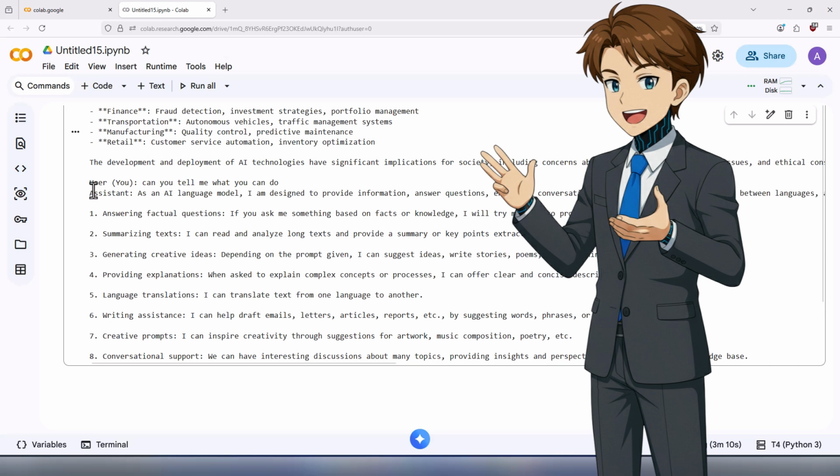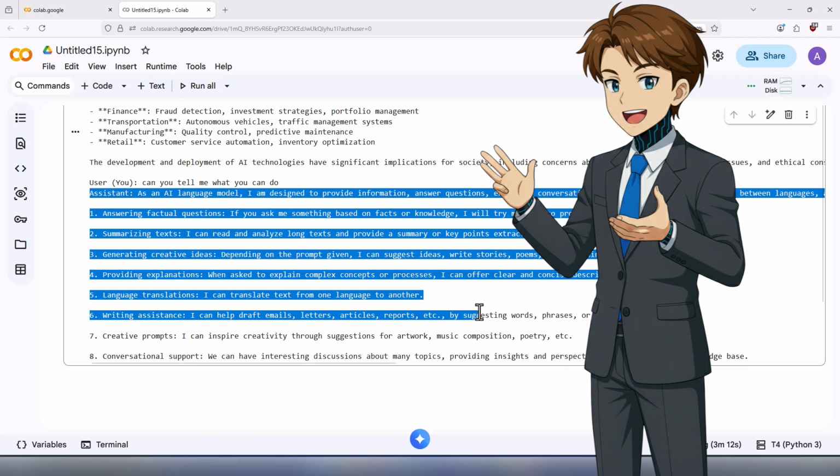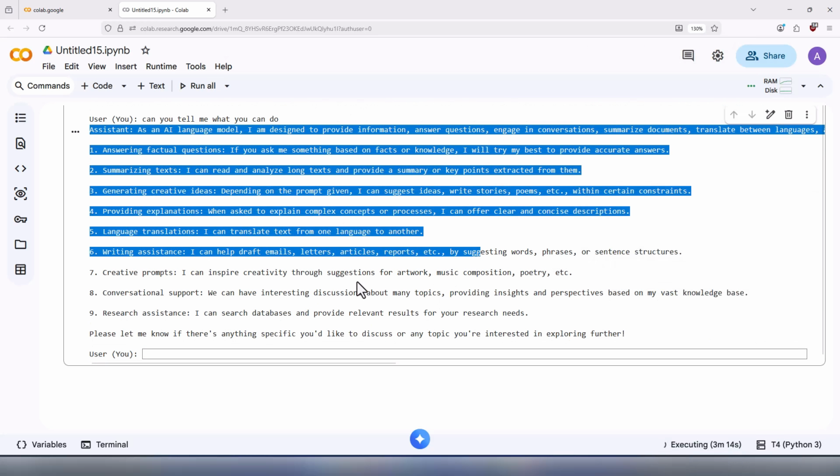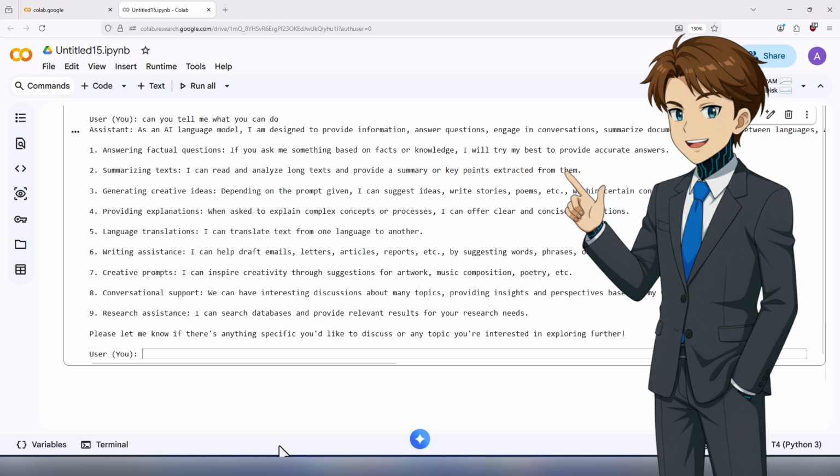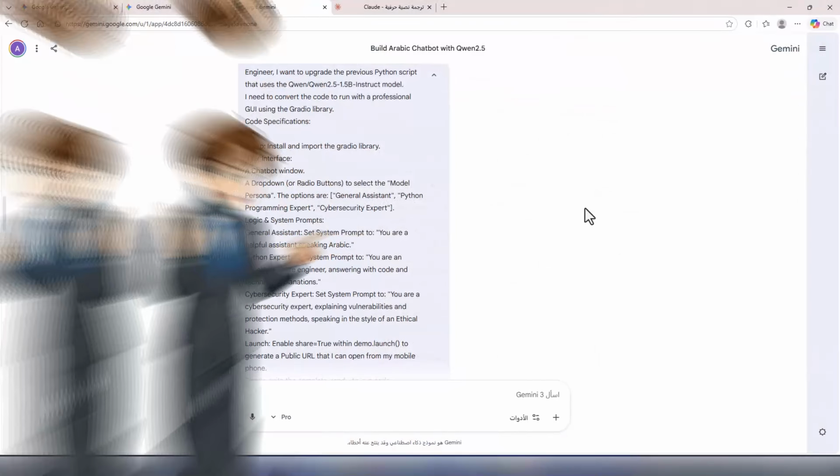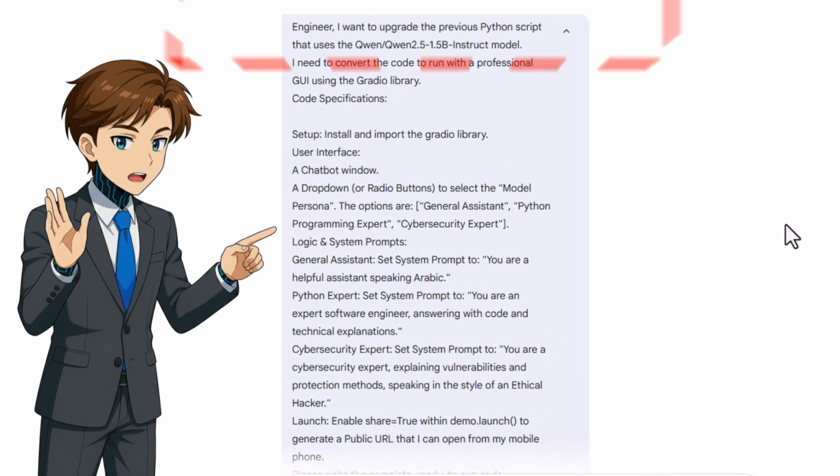So I decided to improve on this code and make it a mobile application and web application at the same time. I don't want it to be just a regular chatbot. I want it multi-personality, meaning I want a chat for programming and a chat for cybersecurity and a chat for regular conversation. So I went back to the engineer Gemini and told him, the code works, but I want it